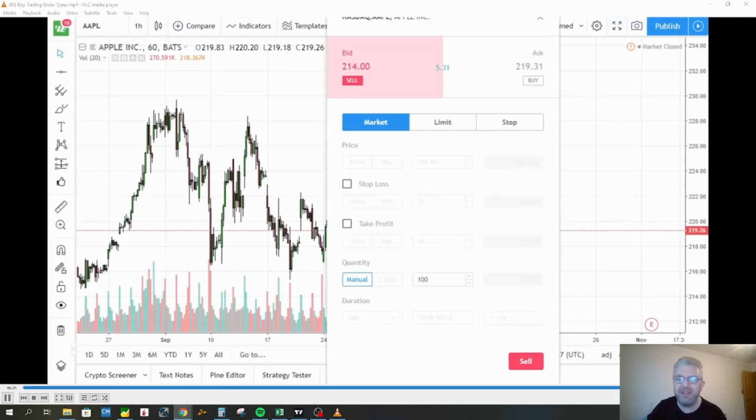The easiest way to remember this is the market order: it doesn't matter, just get me into the market. Okay, limits: I'm willing to pay or sell at this exact price or better. And a stop loss or stop order: essentially, if it reaches this price, this level, I want out as quickly as possible. Okay,